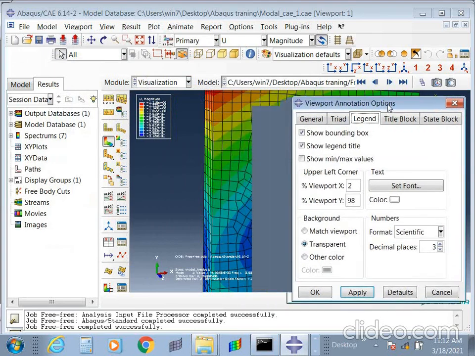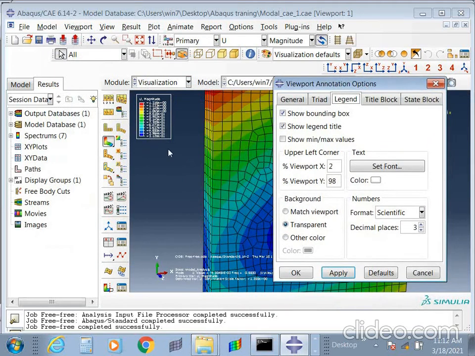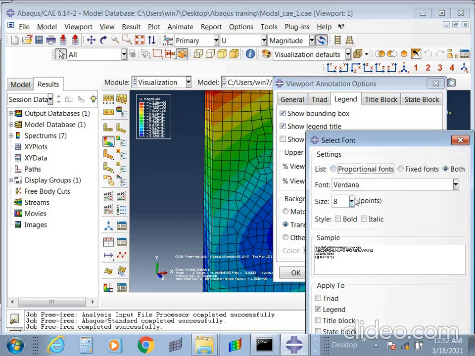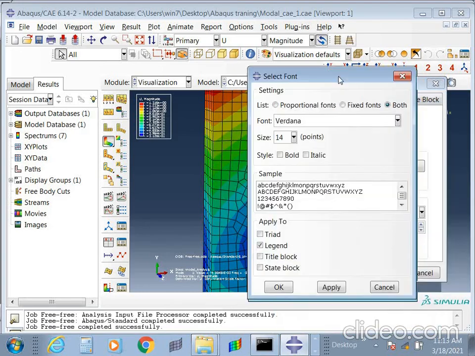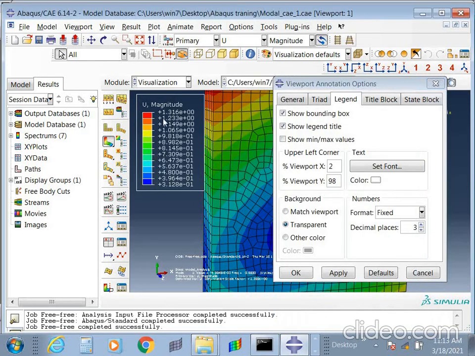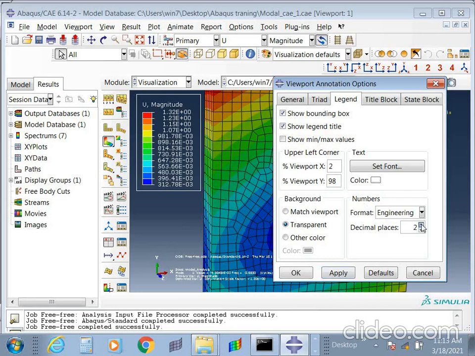So legend, in the sense we call this the legend. Your display, how you require it, whether in a scientific way, a fixed way or an engineering way. So I'll take the fixed way, and I will take precision 4, so that is how many digits you get after the decimal point, and set the font; it is very small, so I'll increase that to 14. Now you can see it is fixed. Engineering, you can also take that. It will change after the decimals as you require. Now you can see your displacement